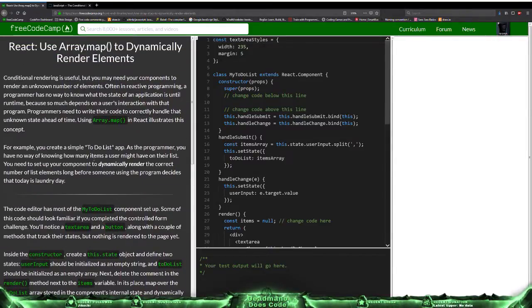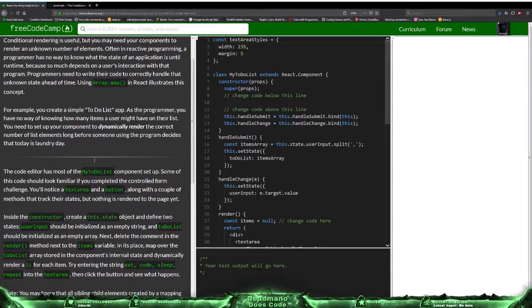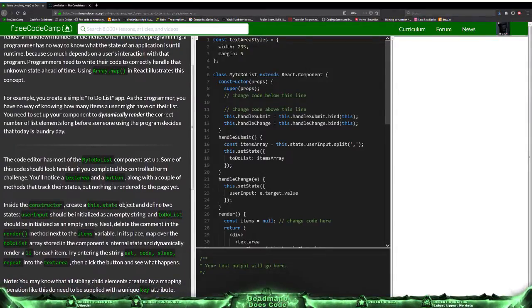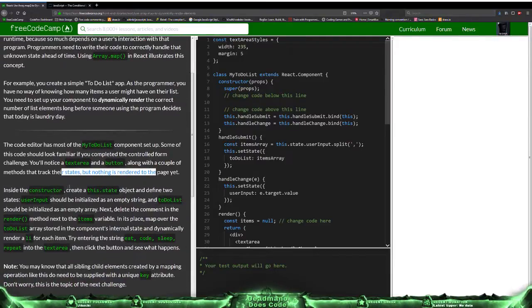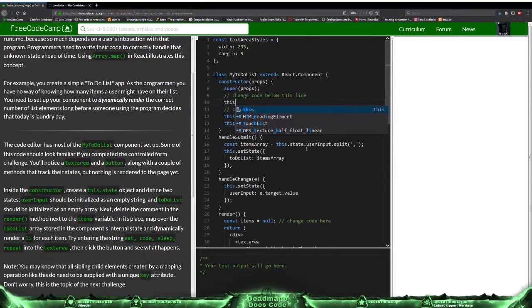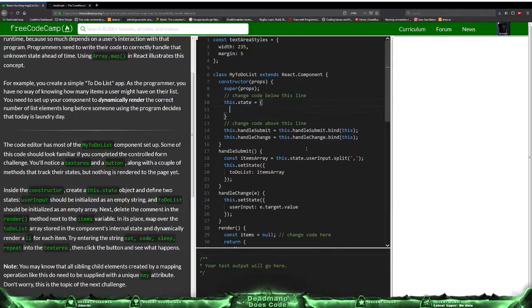The code editor has most of the My To-Do List components set up. Some of this code should look familiar if you've completed the controlled form challenge. You'll notice a text area and a button, along with a couple of methods that track their states, but nothing is rendered to the page yet. Inside the constructor, over here, create a this.state object. Okay. And define two